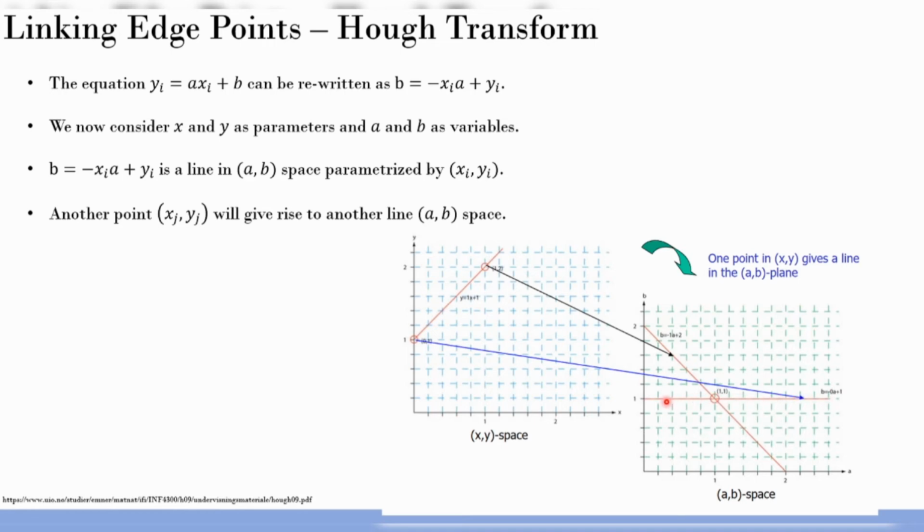So this straight line is nothing but what I get when I fix the x and y values and vary the a and b values. Then for this other point, if I do the same, I get this particular straight line. The most interesting aspect is these two straight lines intersect at this point, and that gives me 1, 1, which are basically the values of a and b in this space. If you are confused, don't worry.